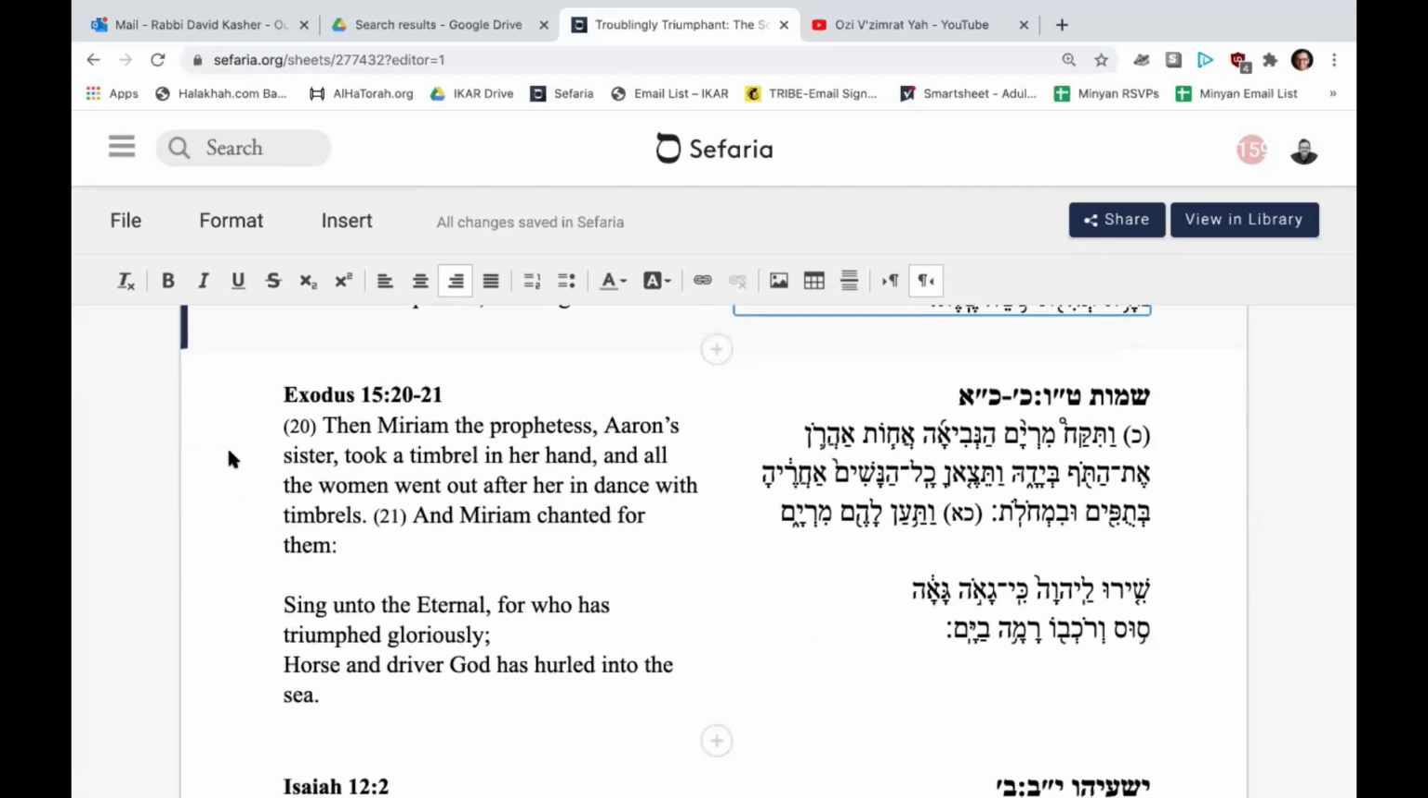But then at the end of it, something interesting, sort of unusual happens, which is that the very next thing we read is that then Miriam the prophetess, Aaron's sister, took a timbrel in her hand, and all the women went out after her in dance with timbrels, and Miriam chanted for them, or answered for them,